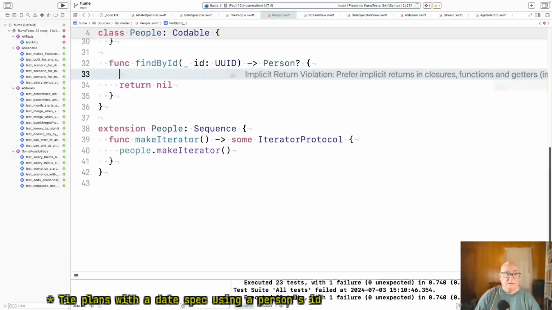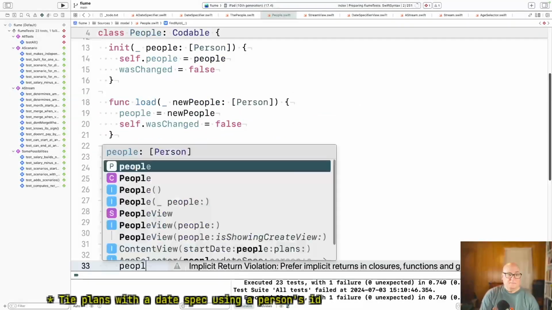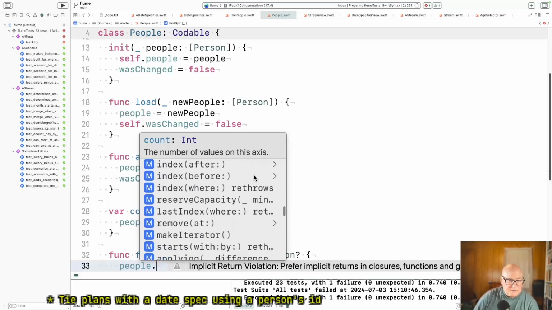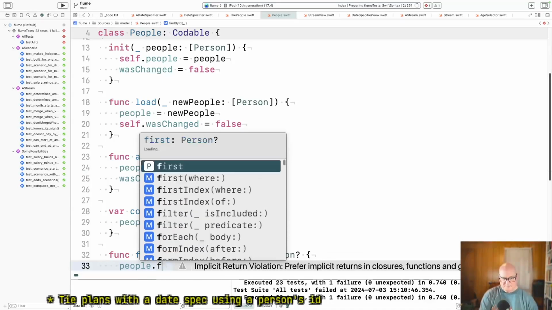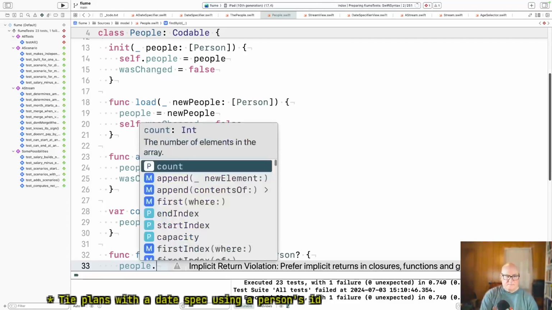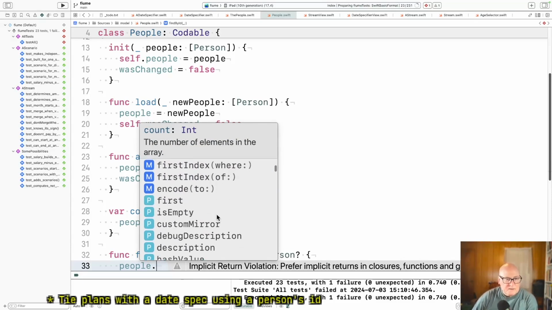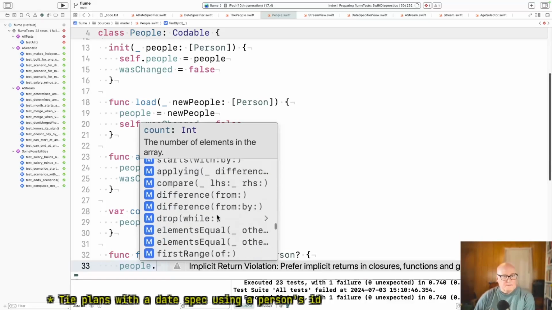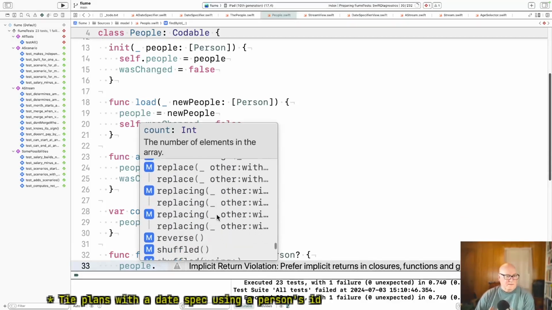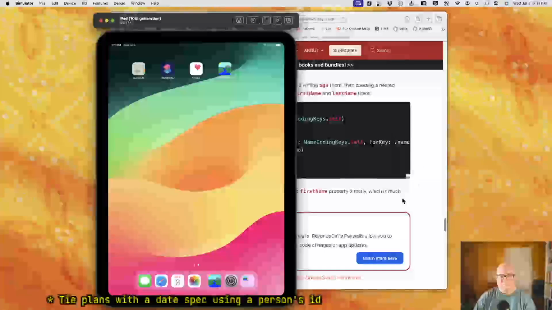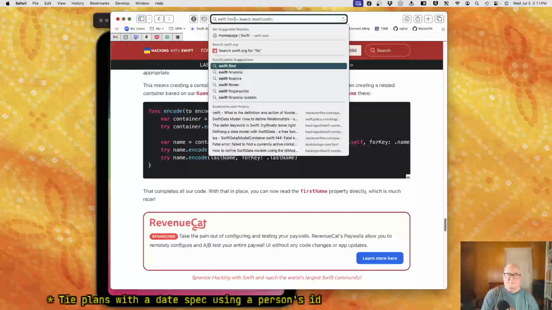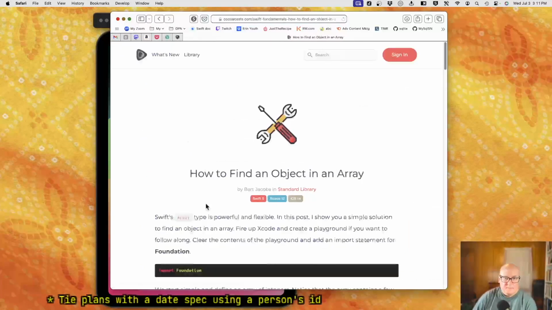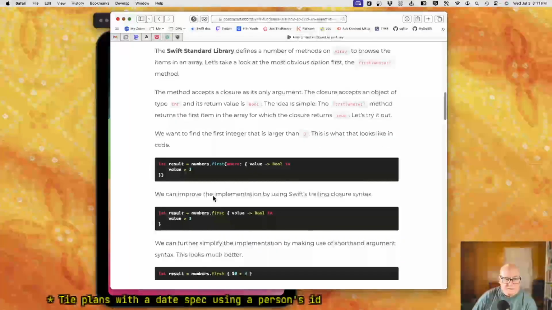Okay, so we want to take people dot, is it find where? I want first index. First where?